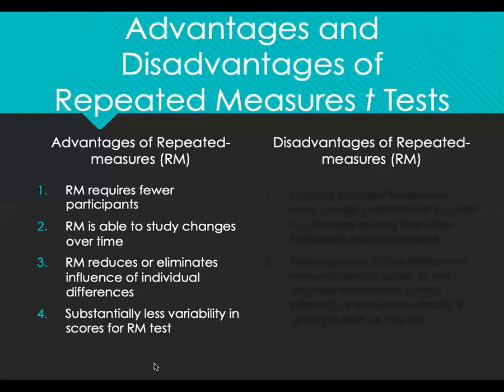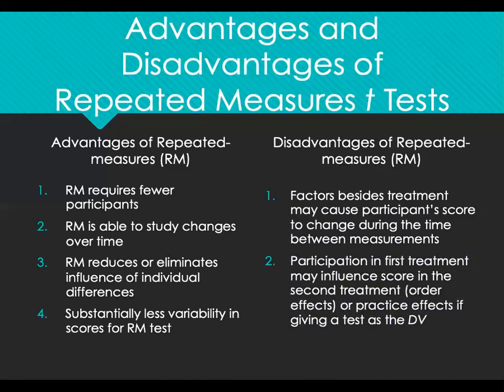Okay. Some disadvantages of repeated measures design. Factors besides treatment may cause a participant's score to change during the time between measurements, right? Of course. So you're measuring whether or not a particular treatment for depression works, let's say a particular kind of therapy, and you measure in January and you measure in June,